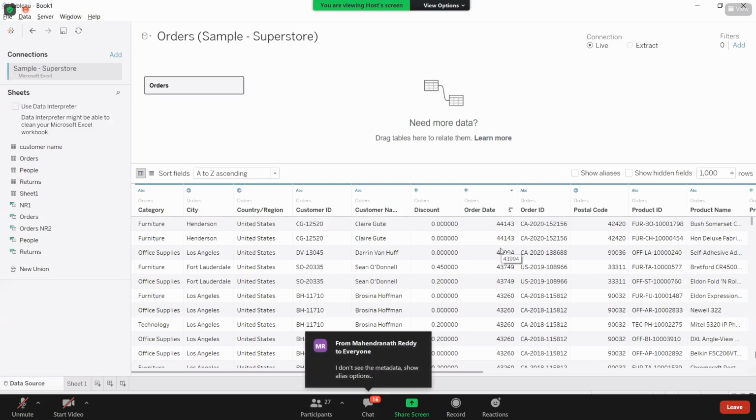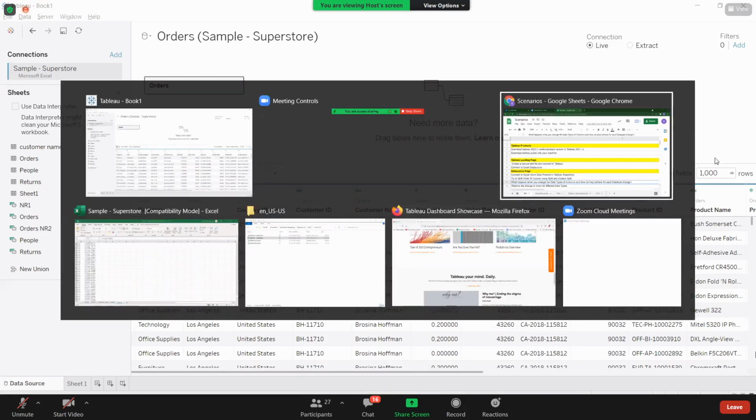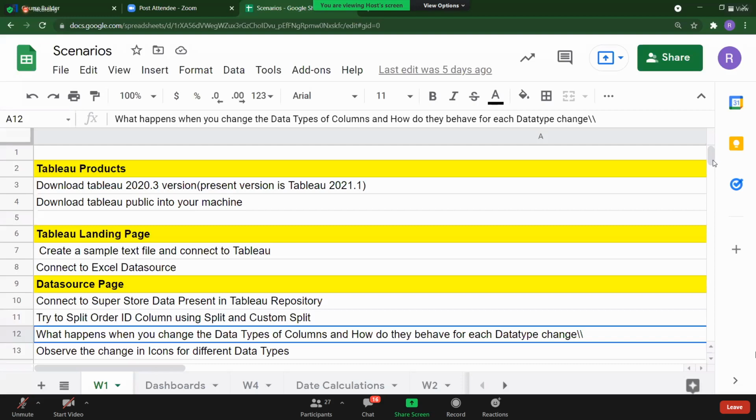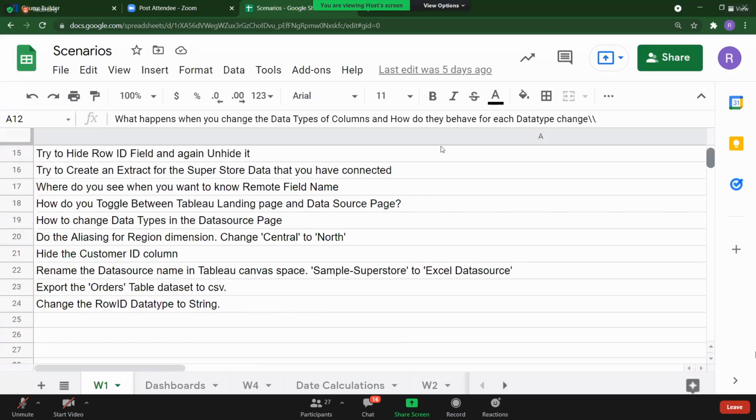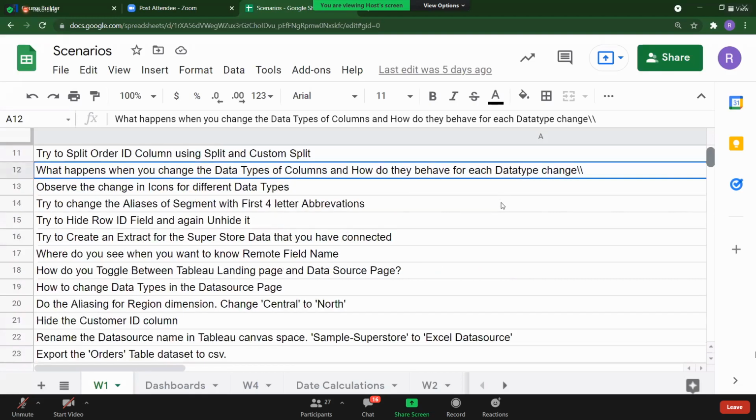See here the number one. Yeah, I'll show alias options also. See here, for everything here, we are having the scenarios. Just as we are discussing this scenario, I'm talking about this. Here you are having all the scenarios. We will see. Okay. Now here I'm talking about this.